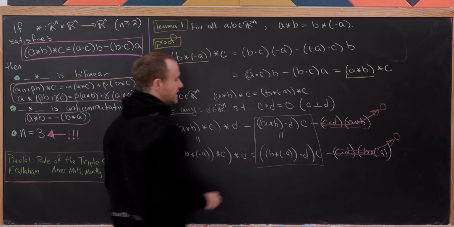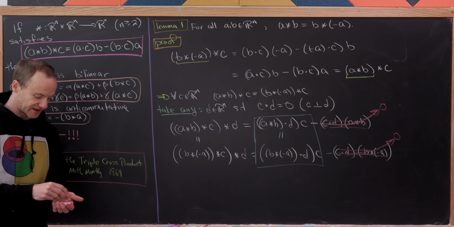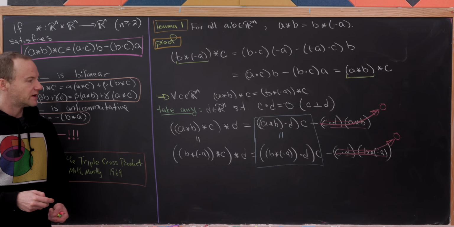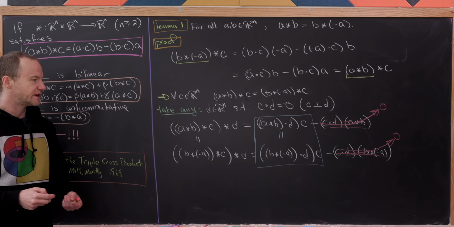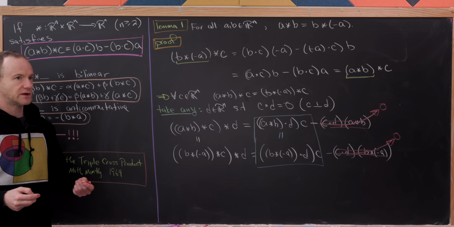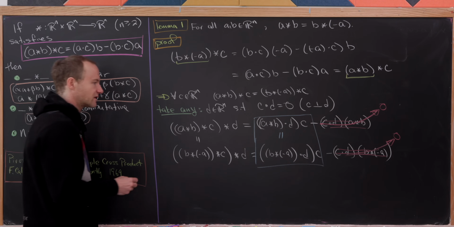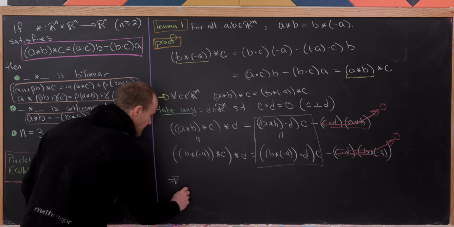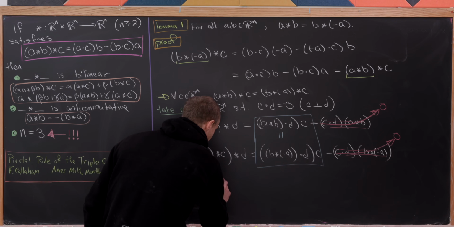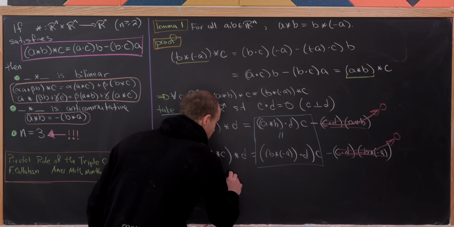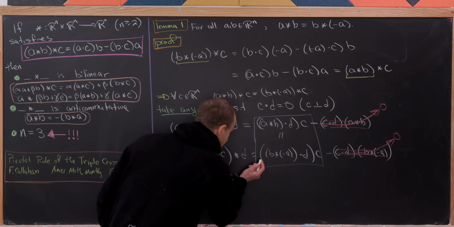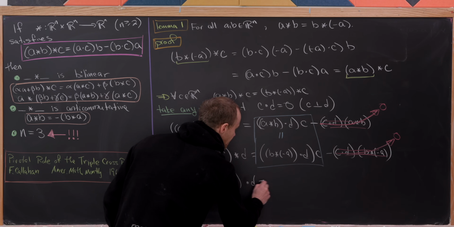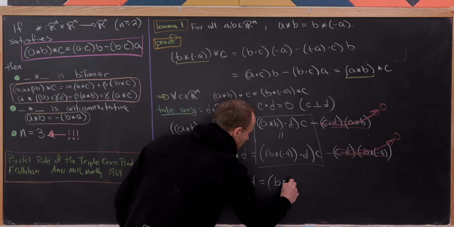We've got these two vectors in the C direction. But since they're both in the C direction, we can just pull off their scalar multiples, and their scalar multiples must be equal. And notice that we have now A star B dot D must be equal to